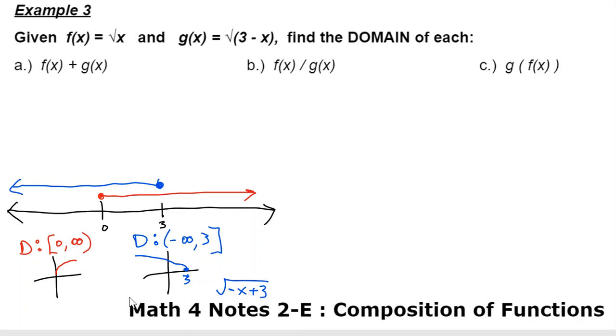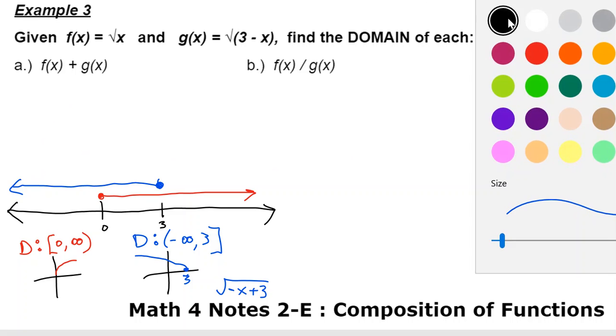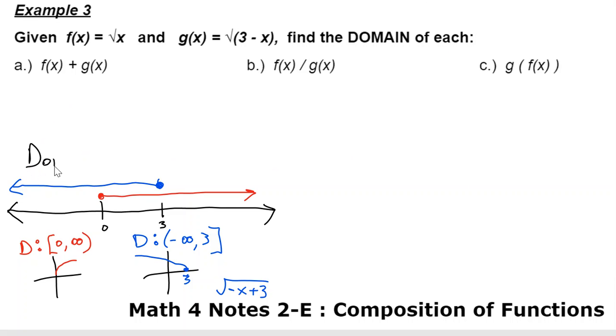And so when you ask where are they overlapping, they're overlapping from 0 to 3. And that is the domain of this guy. Now, by the time I put these together like that,